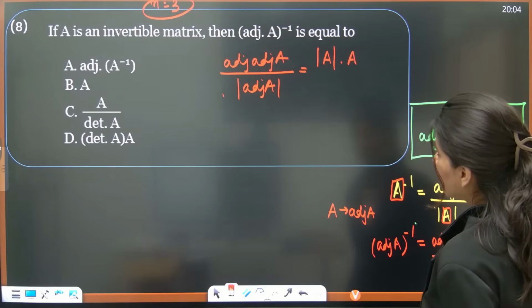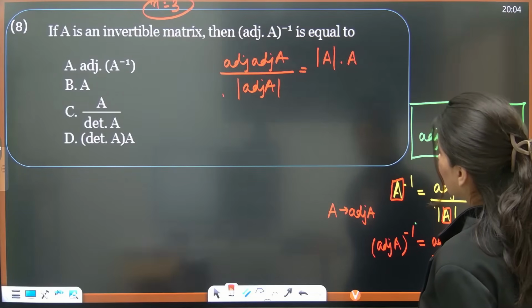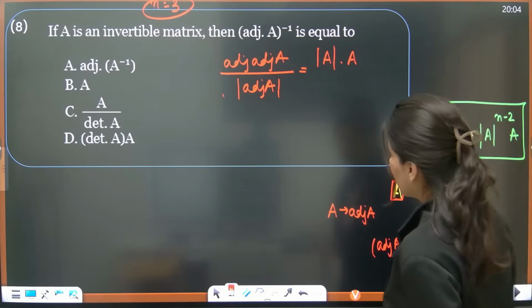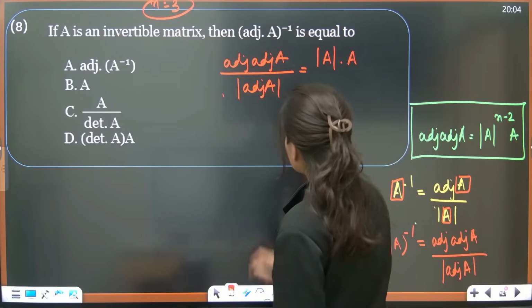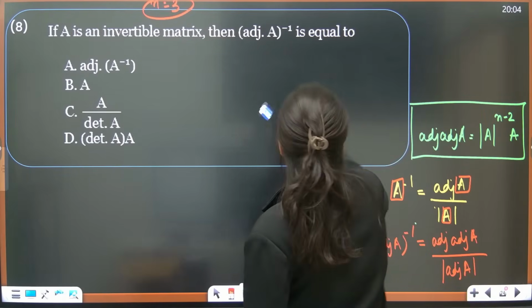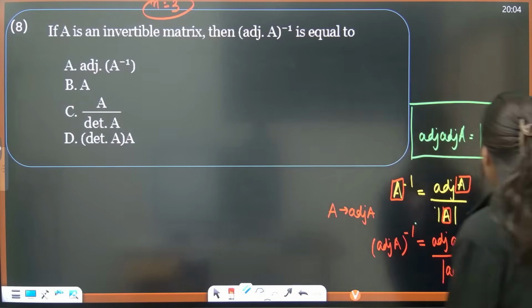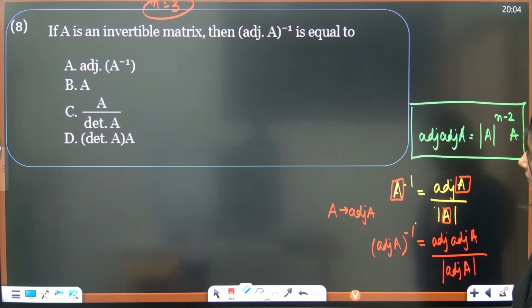Adjoint of A inverse. Hold on. Adjoint of A inverse is this only. That is correct. That is definitely correct. And now adjoint of A is